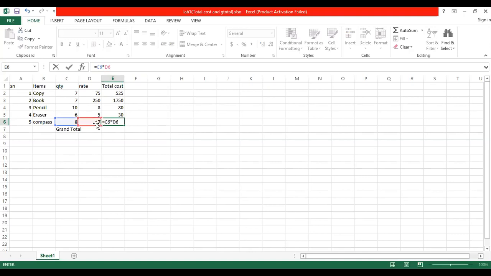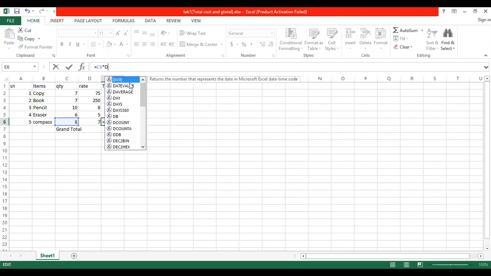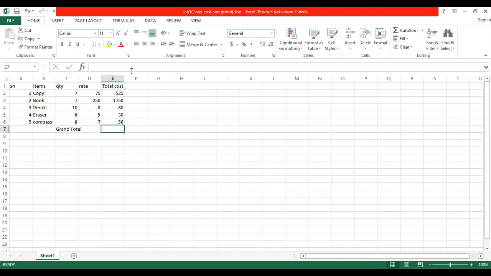What is the cell address of the 7? That is column D and row number 6. D6, enter. 56. Did everyone get how to do this? Okay, so you can calculate total cost by doing this.